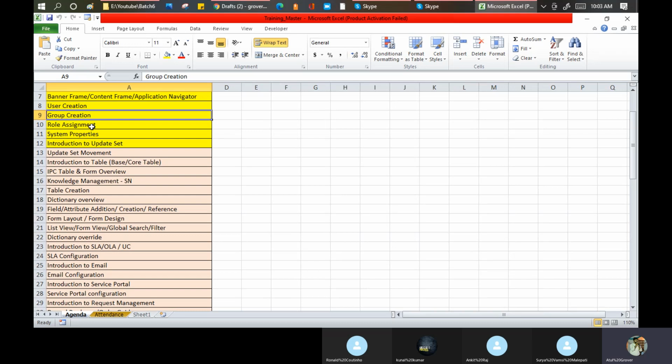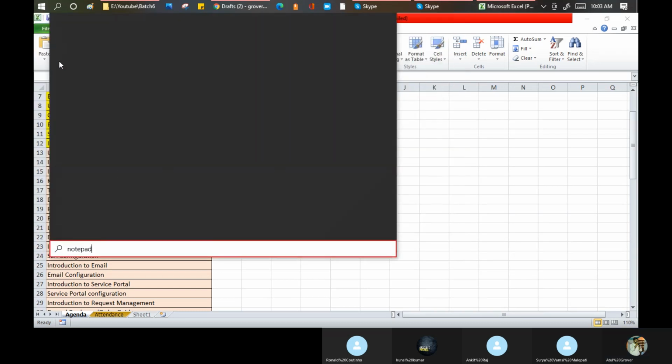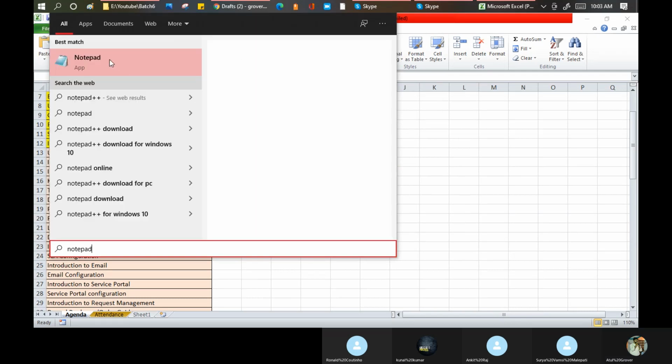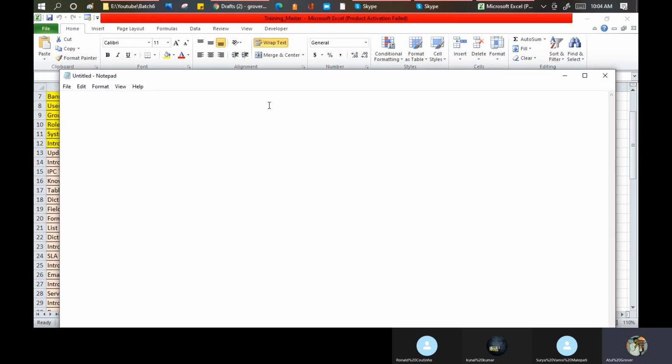Now, let me try to open this notepad. Why is it not opening? Okay. So in ServiceNow,